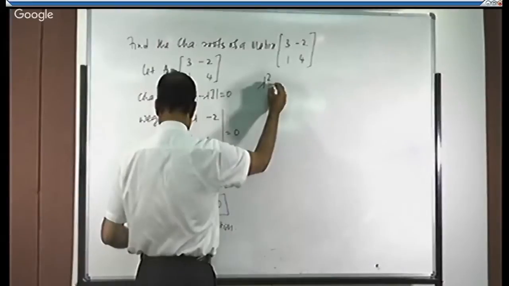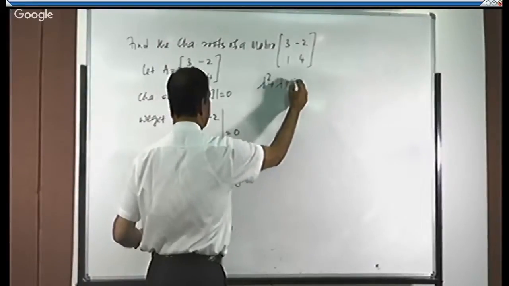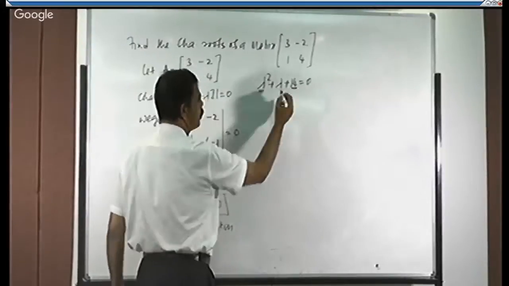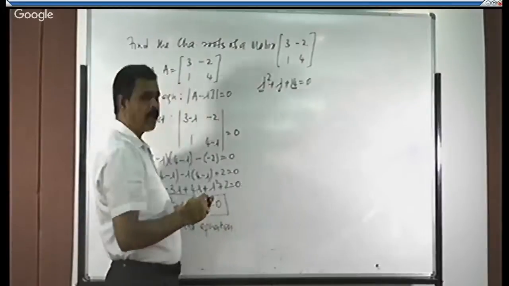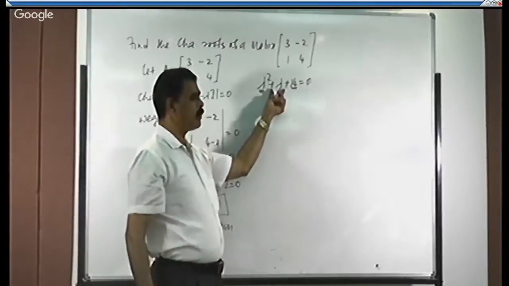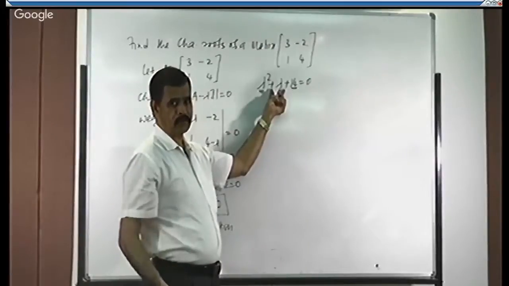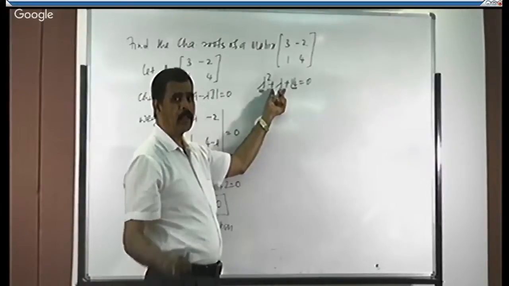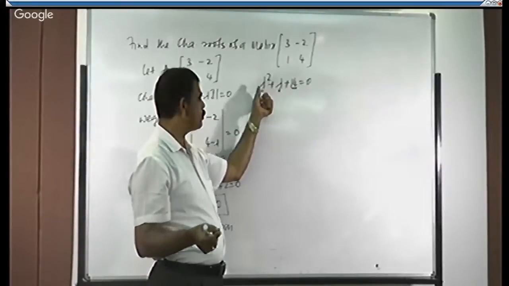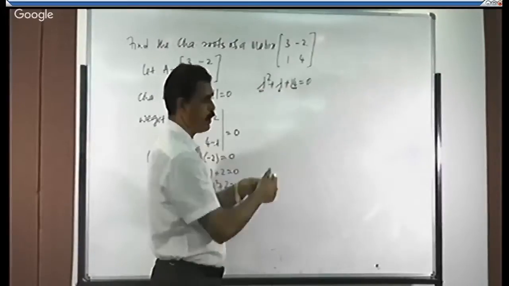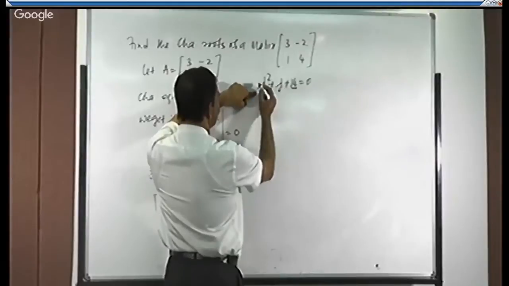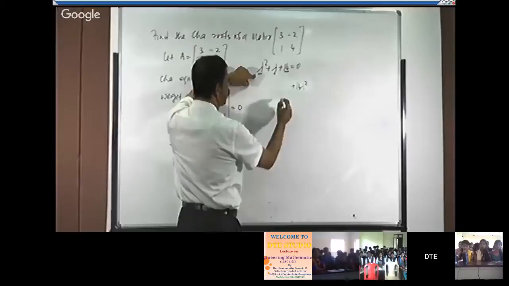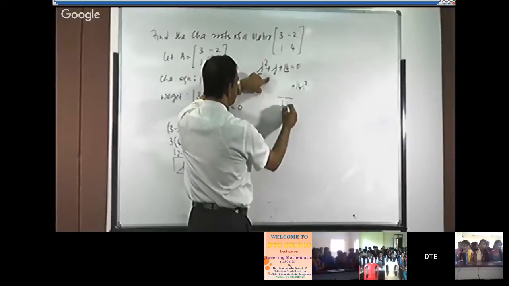What is the factorization method? Lambda square plus lambda plus 14 is equal to 0. This is the first term, and the last term is what? Then the middle term. In factorization, we need to replace the middle term by 2 terms. Their sum or difference should be equal to the middle term, and the product of those terms should be equal to the product of the first and last term. What is the product of the first and last term? It is 14 lambda square. What is the middle term? It is 1 lambda.